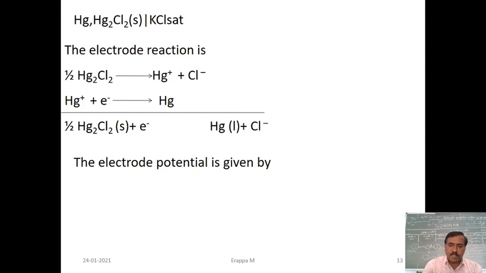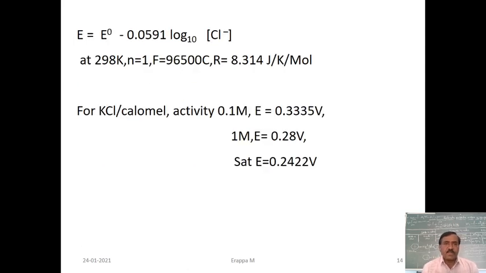The electrode potential is given by E is equal to E naught minus 0.0591 log Cl minus to base 10. At 298 Kelvin, n is equal to 1, F is equal to 96,500 coulombs, R is equal to 8.31 joules per Kelvin mole. So,